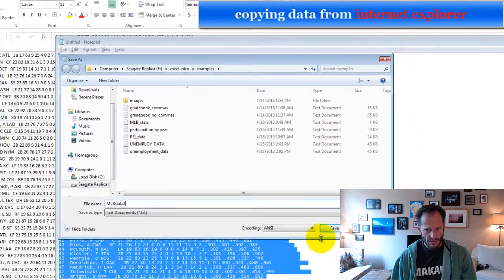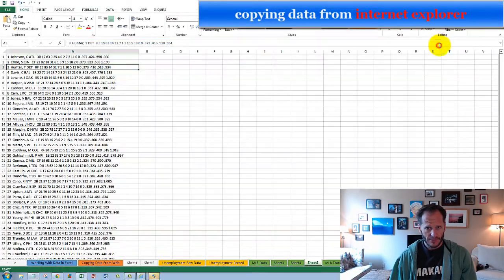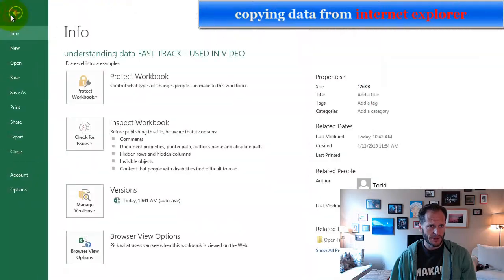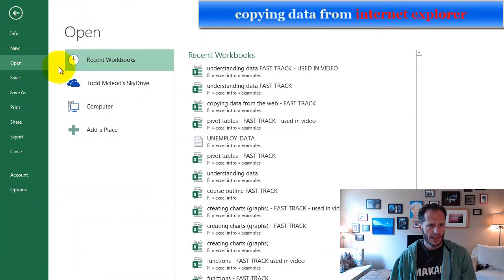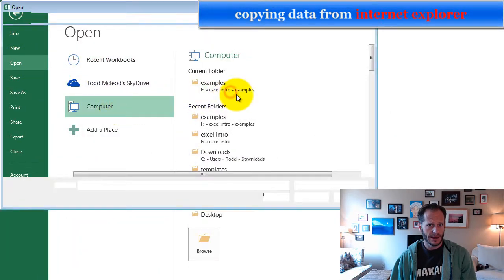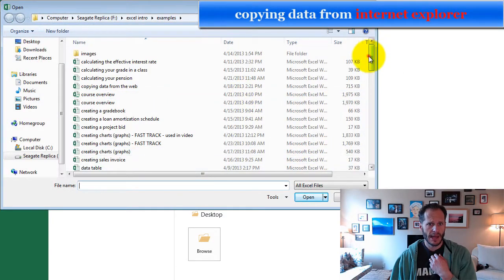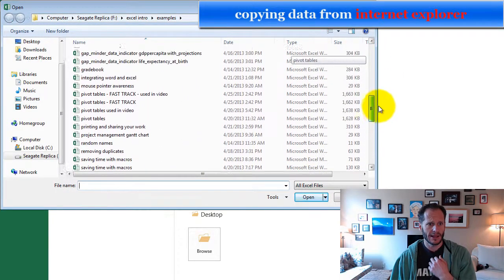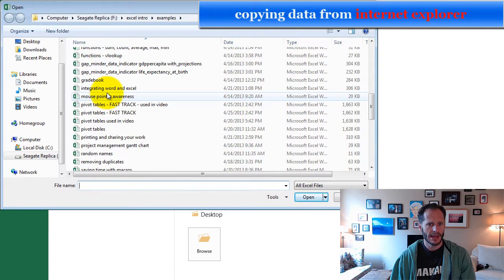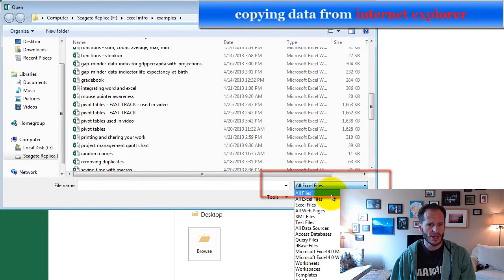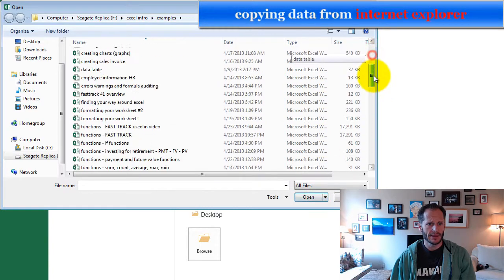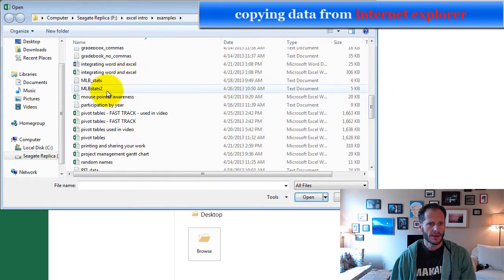and save that. And now in Excel, I could come up here to File and choose Open, and then go to my computer where I saved that. And I can look for that, but I don't see that file in here. It should be right about here. It should be an M. And that's because right now I'm only looking at Excel files. So if I choose All Files and come down there and look at the M's area, there we go, MLB